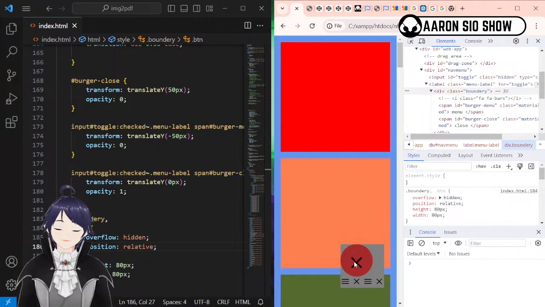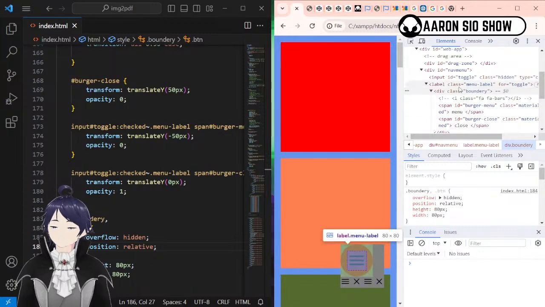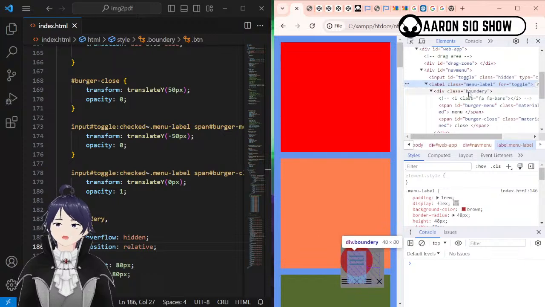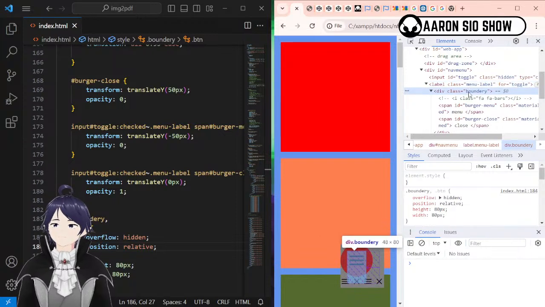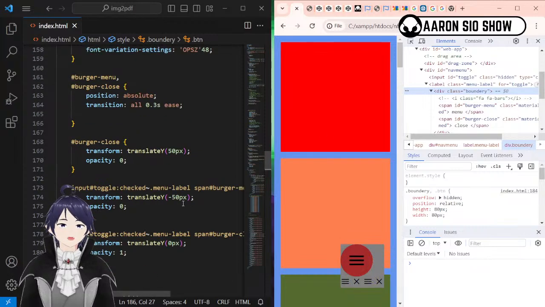It seems better now, but oh, I think it's a boundary. Okay, so